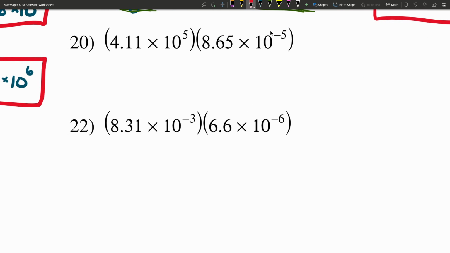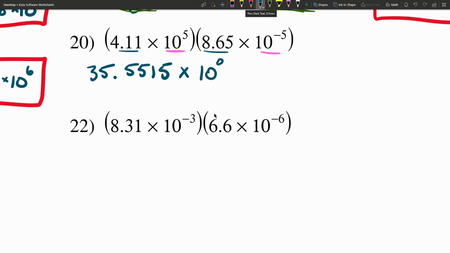For number 20, I'm going to start by multiplying 4.11, or 4 and 11 hundredths, with 8 and 65 hundredths. So 4.11 times 8.65 is going to give me 35.5515. And that's going to be multiplied by, now combining 10 to the 5th with 10 to the negative 5th, well, 10 to the 5 minus 5 is 10 to the 0. Or 10 to the 0 is simply 1. So really, I just have